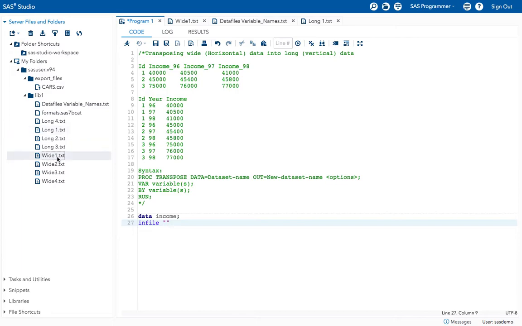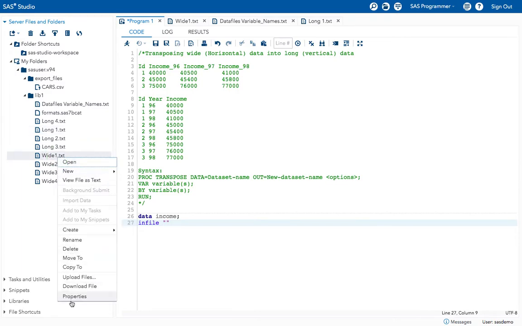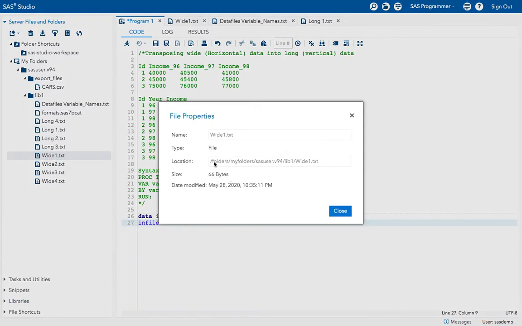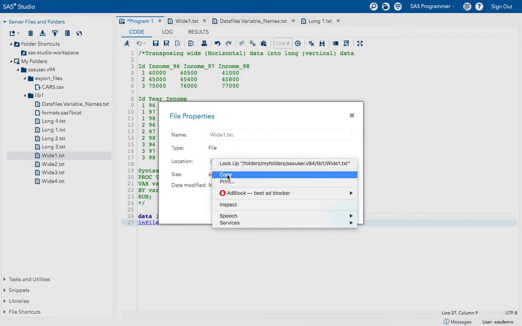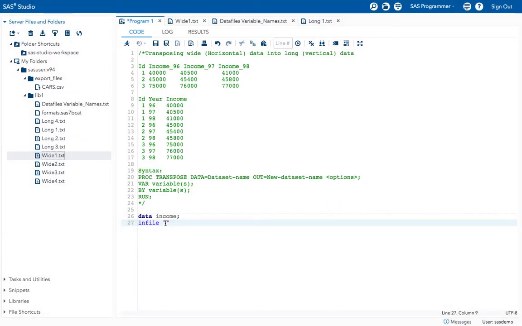Now here I have this wide data set. I want to bring this file into the SAS environment. Just copy this path and paste it here so that you will be able to bring this data into the SAS environment.